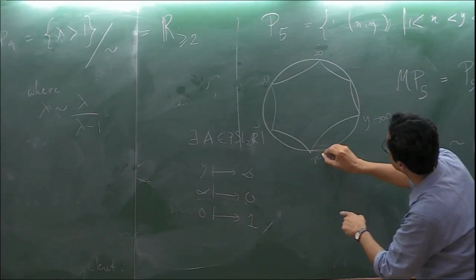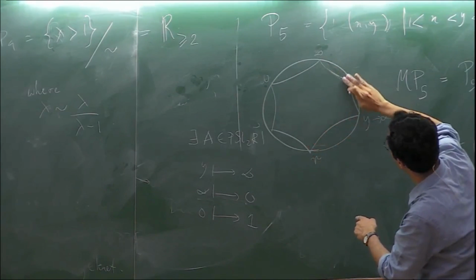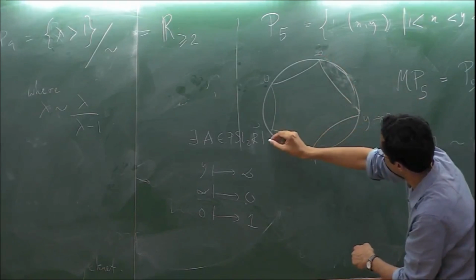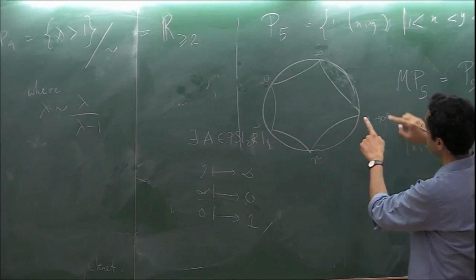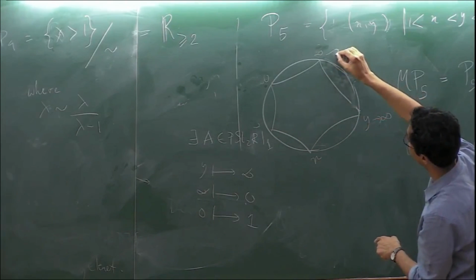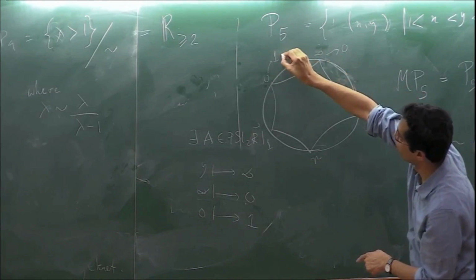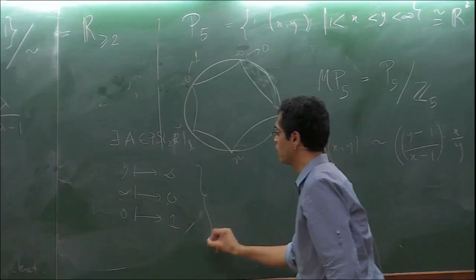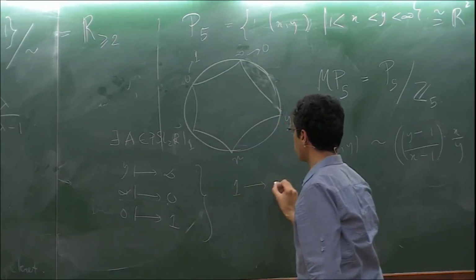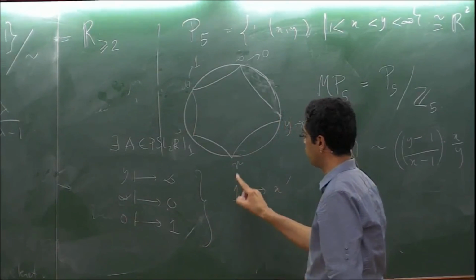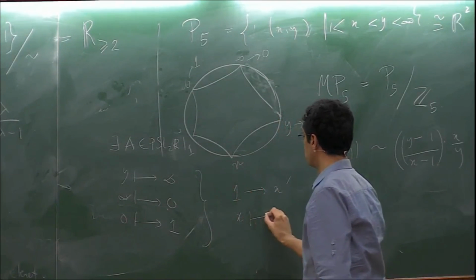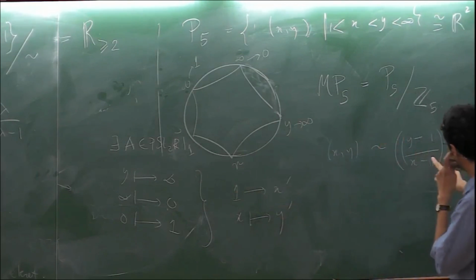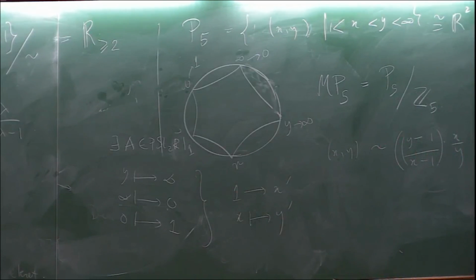Sorry, now I'm. Do we have? Oh, I see. This wasn't an ideal pentagon to begin with. Okay. Sorry about that. So this is 1 here. So y goes to infinity, infinity goes to 0, 0 goes to 1. Okay? So then where does 1 go? So if you take this, then where does 1 go? 1 goes to the new x, let's call it x prime. And your x goes to the new y prime. Okay? And this, if you calculate, you should get this pair. Okay, so